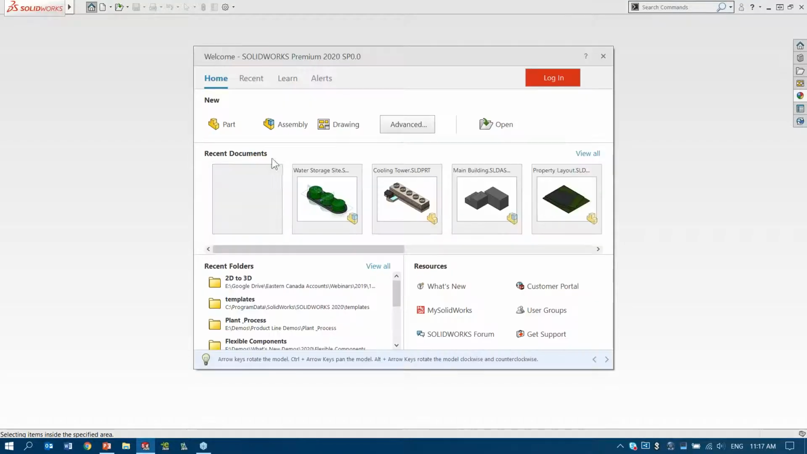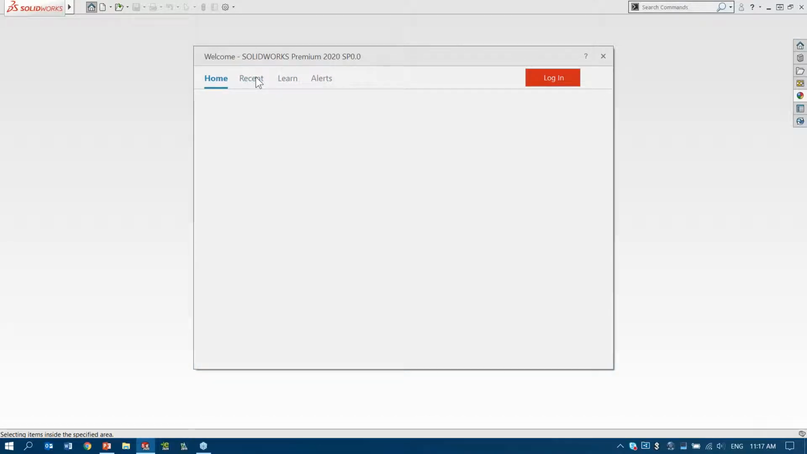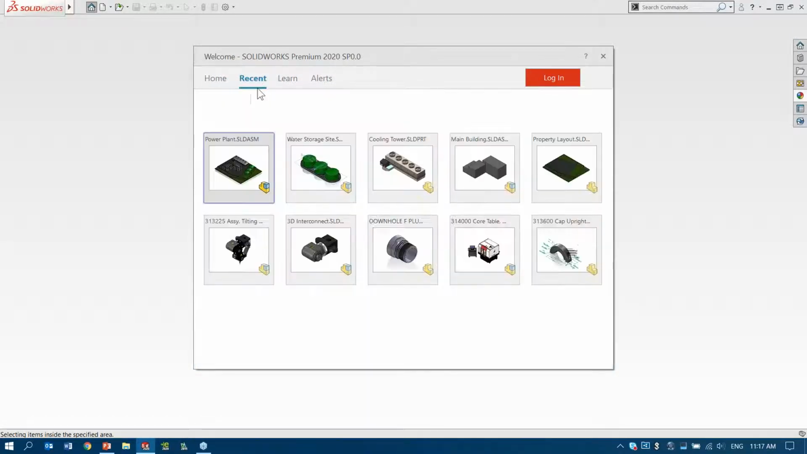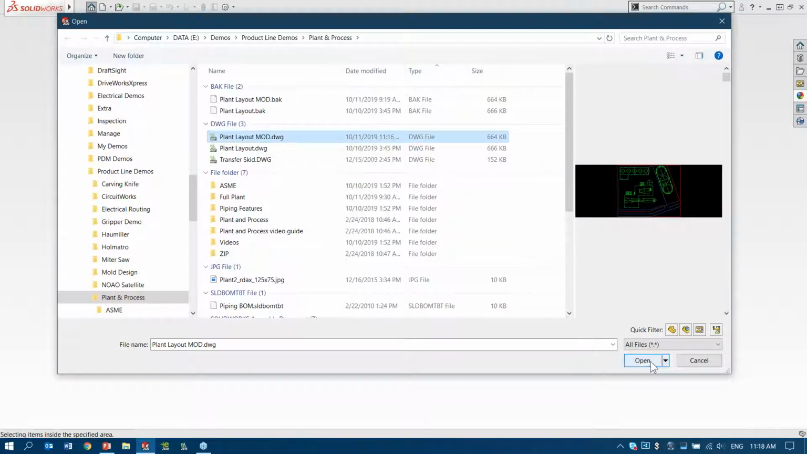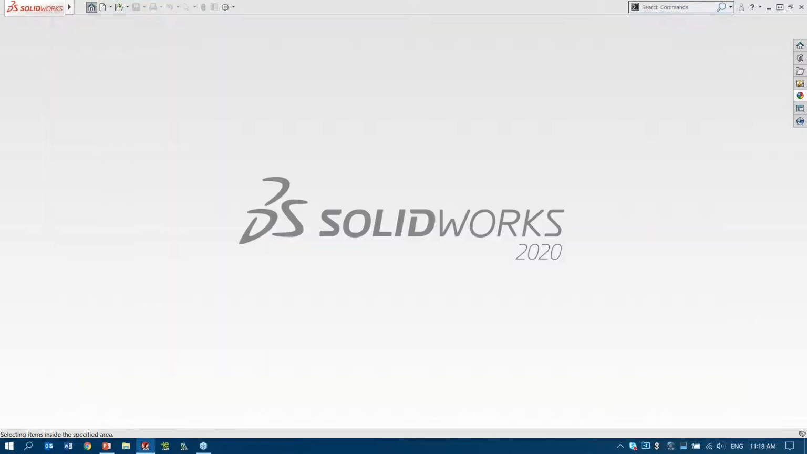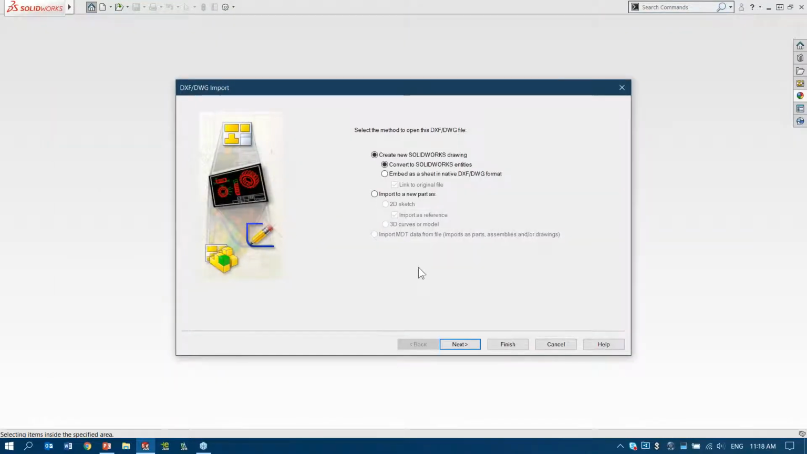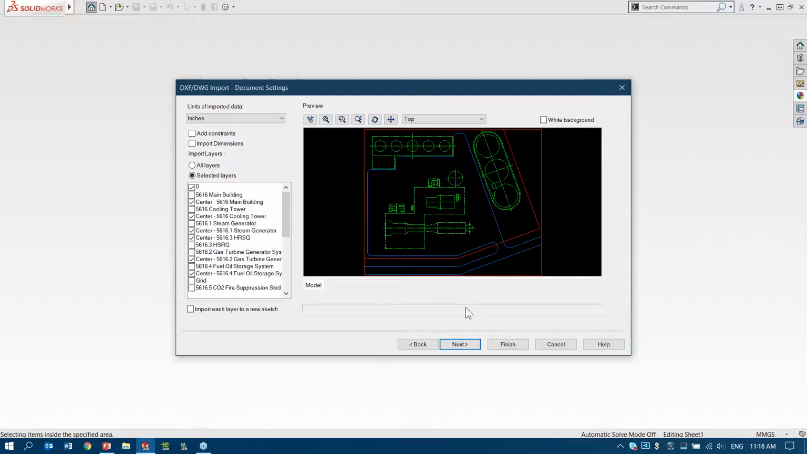And I'm going to navigate to my folder where I have my plant layout, which is here. So I got my plant layout mod. So I'm simply going to open that DWG file. SOLIDWORKS can easily open DWG files. And here with this wizard, I'm going to say I want to import this as a 2D sketch and import as reference. The import as reference is actually a new option in SOLIDWORKS 2020, really useful for large layout designs